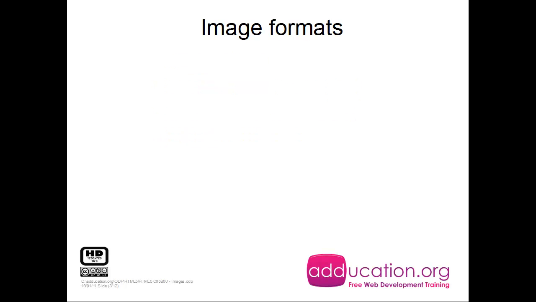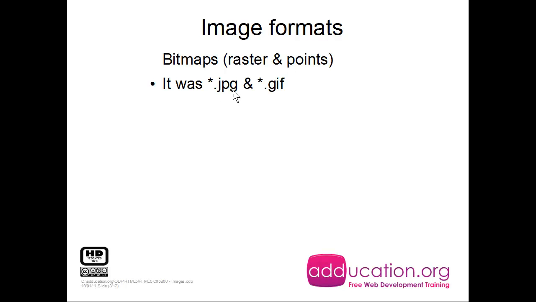So first, the different kinds of image formats. We have bitmaps. With bitmaps you will see pixels, points and raster. It's raster based. If you zoom in on the picture, finally you will see some pixels or points. So we had the JPG, or JPEG, still used, and we had the GIF. GIF is now really being replaced. JPEG was more for photos, lots of colors, and GIF was for logos,